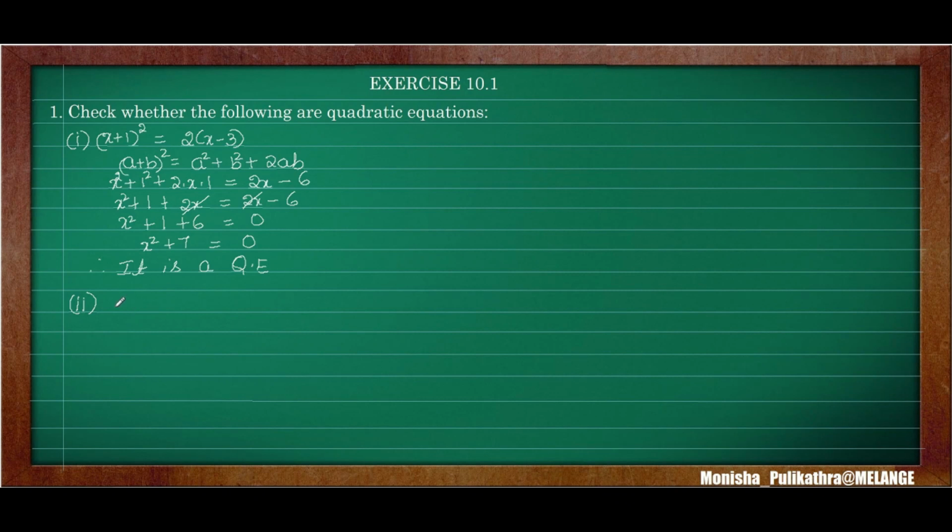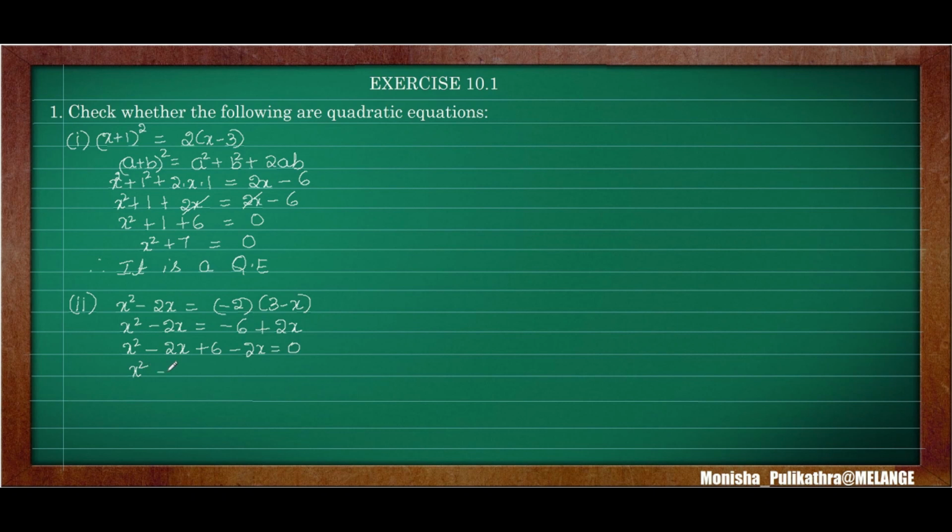The second problem is x square minus 2x is equal to minus 2 into (3 minus x). So x square minus 2x. Here minus 2 into 3 is minus 6, minus into minus is plus, 2 into x is 2x. Next I will shift the whole term to this side. It will become x square minus 2x. So minus 6 will become plus 6 and plus 2x will become minus 2x is equal to 0.